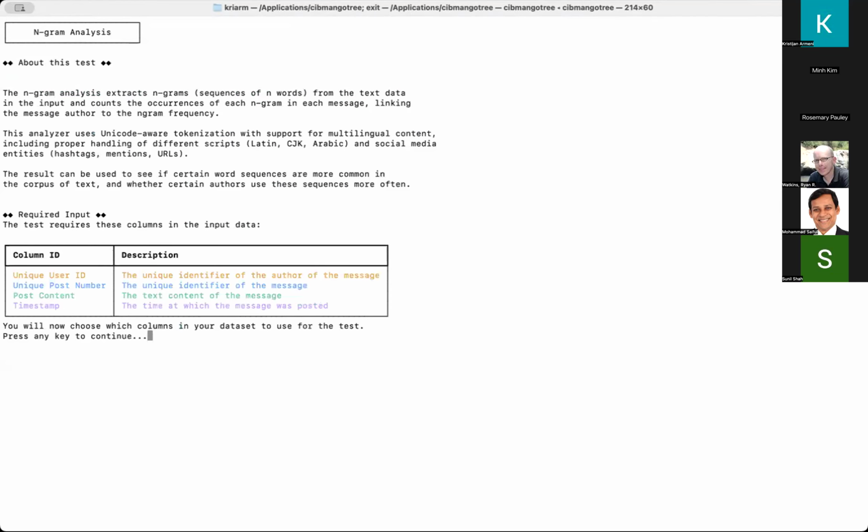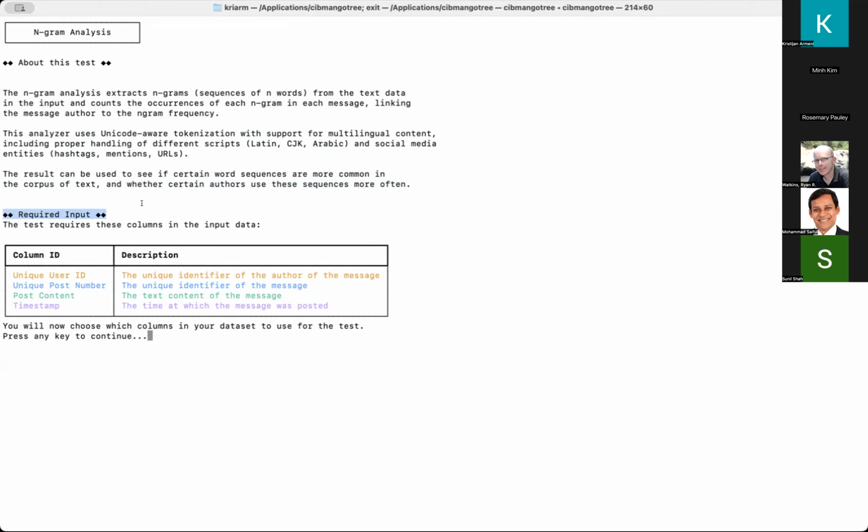Okay, I choose that. So the tool now gives me this, we're now in the Ngram analysis screen. It gives me a little description here, as a help, of what this is. And then it tells us about the required inputs. So that's the part where the user has to correctly, we have certain expectations. The tool says, I can work as long as I have these columns for this test, otherwise it's not going to work.